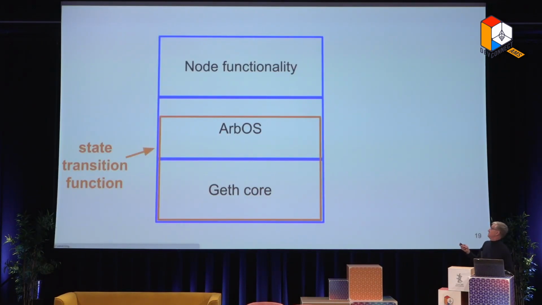This is how the stack is built. Now, the state transition function is basically this orange piece. It is all of the Geth core, and it's also some piece of the ArbOS. Some of that piece is inside the state transition function, and some of it is doing the various bit jockeying